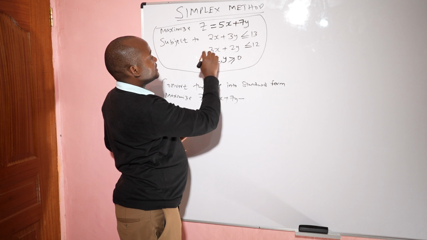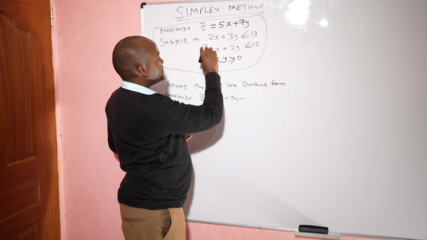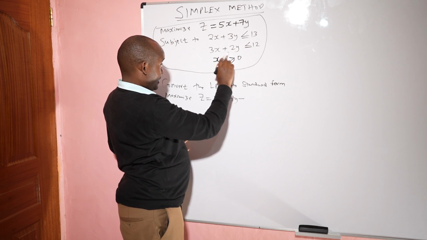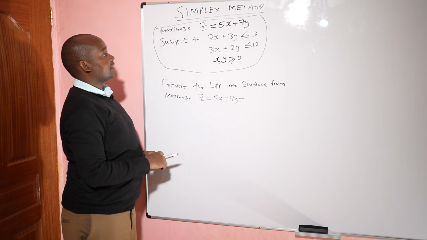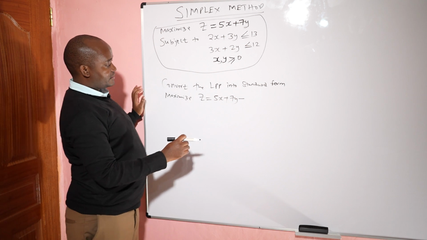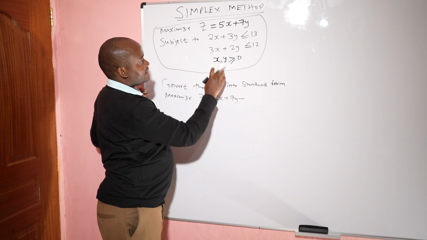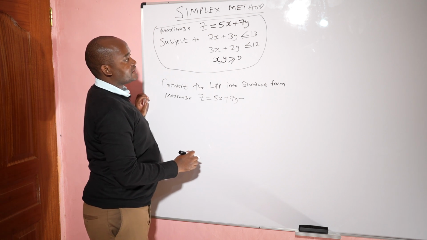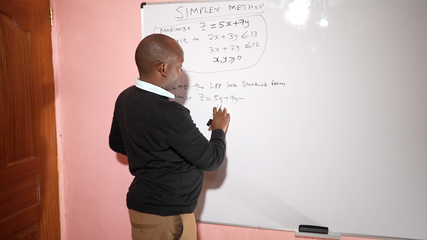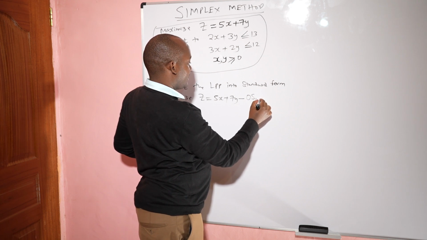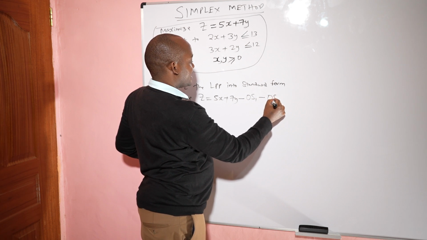So we need two slack variables, one for the first inequality and the second one for the second inequality. The purpose of these slack variables is to convert these inequalities into equalities, or into equations. So for this, we're going to add 0s1 plus 0s2,